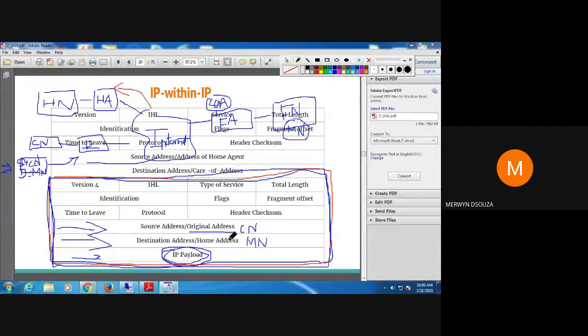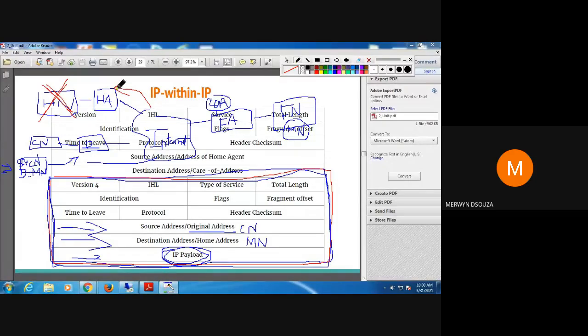It contains the source address, the IP address of the CN, the IP address of the MN, and the data. Now the home agent checks in the home network whether MN is present. But MN is not present here. So what does the home agent do?